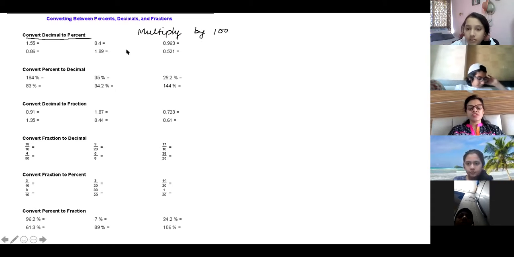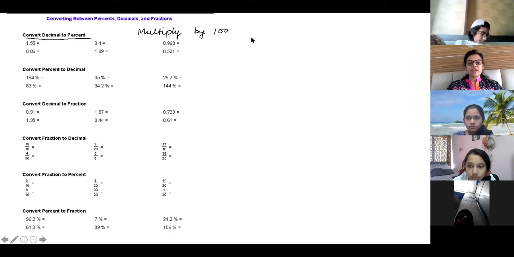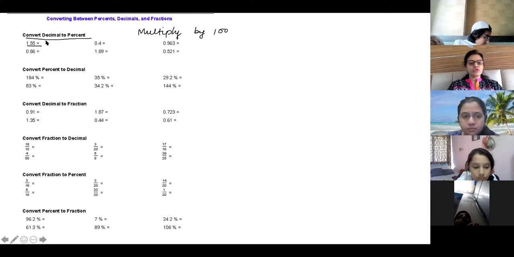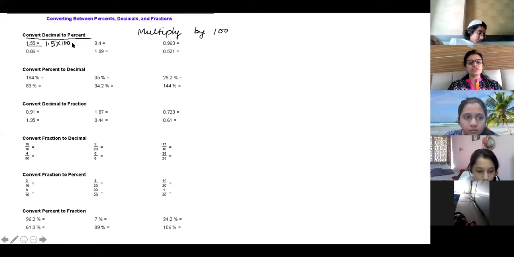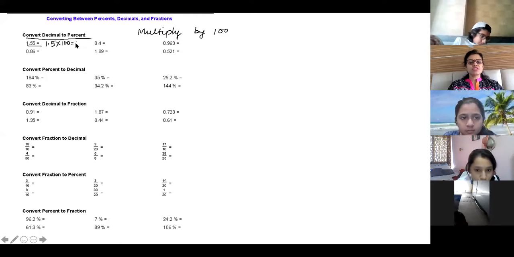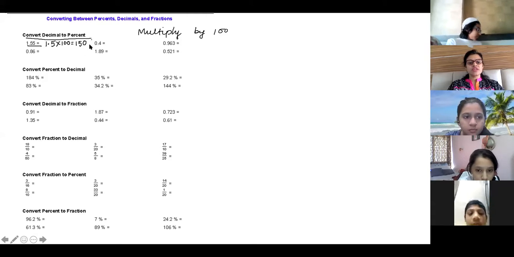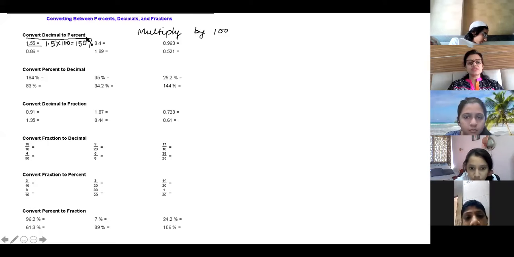Muhammad Muhammadi, I saw your answers were correct for the first part. It means when you are multiplying by 100, for example, I'm just showing you the first example. I won't be doing all. So 1.55 into 100. How do you do this? See, writing steps means what you are doing, that you have to show. So you have to show like this: 1.5 into 100 is equal to, how much is it? 1, 5 and 0. Okay, this is the correct answer. And you have to write a percent sign because you are converting decimal to percent. So like this you have to do all the questions.